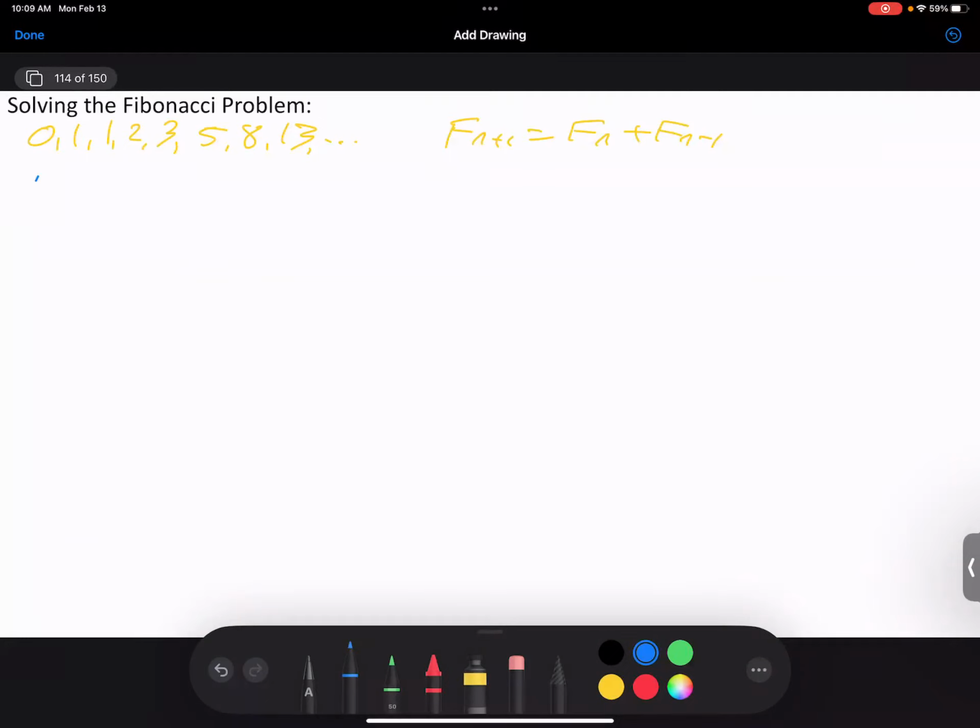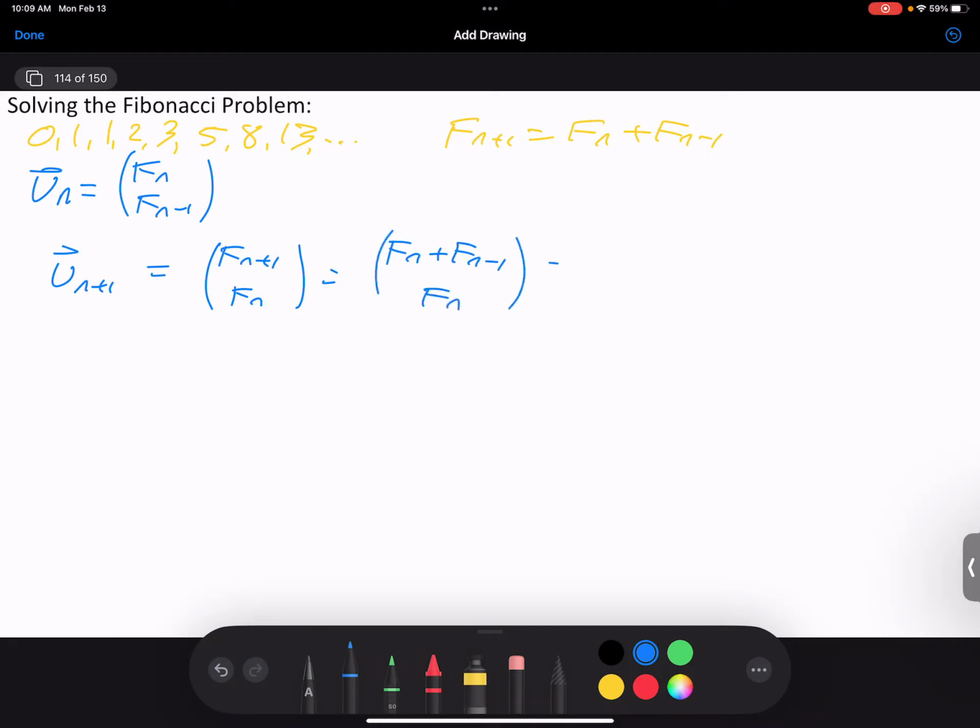And so if I let Vn be (Fn, Fn-1), then Vn plus 1 would be (Fn+1, Fn). Fn plus 1 is just Fn plus Fn-1. And so if I take the vector (Fn, Fn-1), it would be the matrix 1, 1, 1, 0,